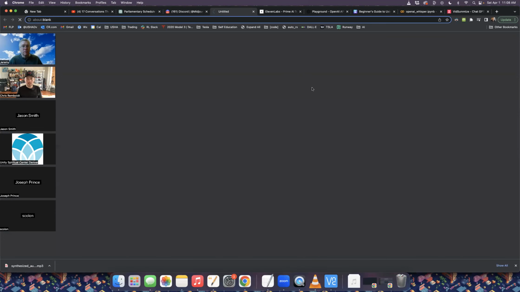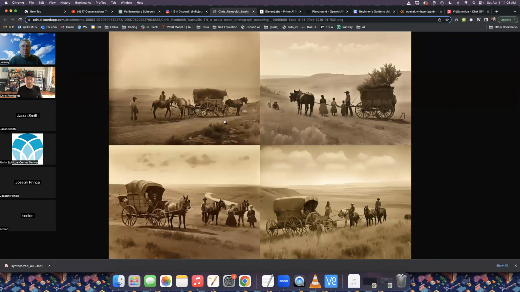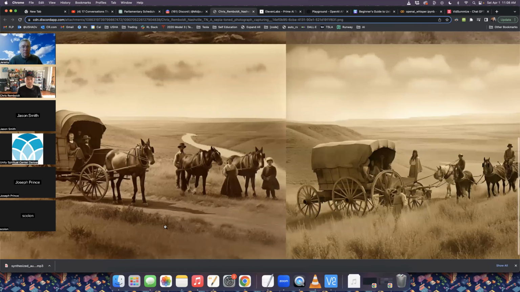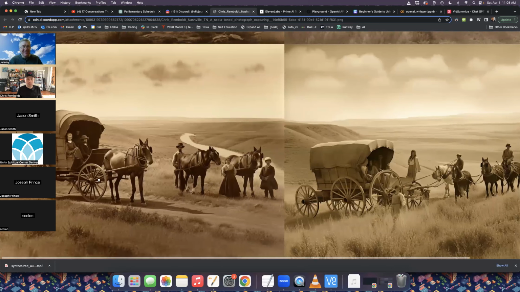Let's look at this old-timey scene here that I wanted to generate. I wanted a picture of a family that's a pioneer family going west, pulling a wagon. And there's some things here which just don't make sense. Like this wagon here is missing a wheel on this side. That would never work. That family would not make it over the pass of the Rocky Mountains, period. You can tell they're grumpy about it.